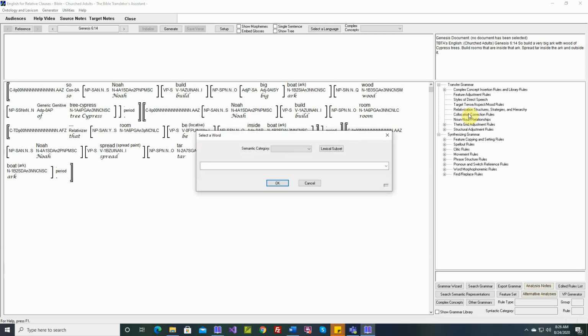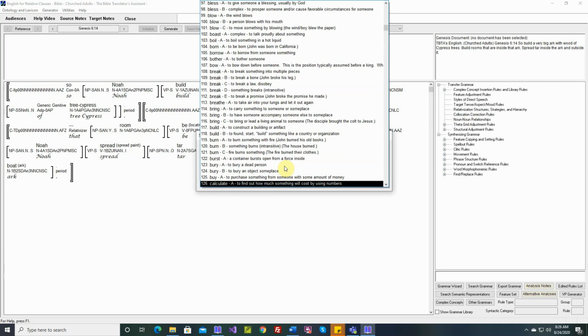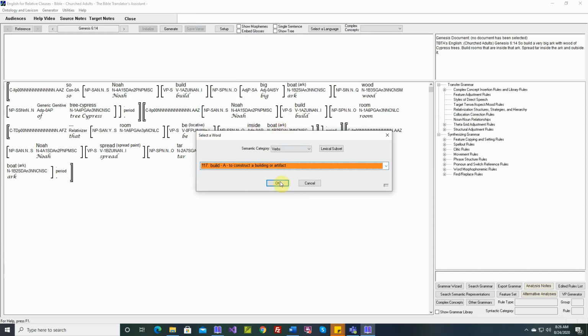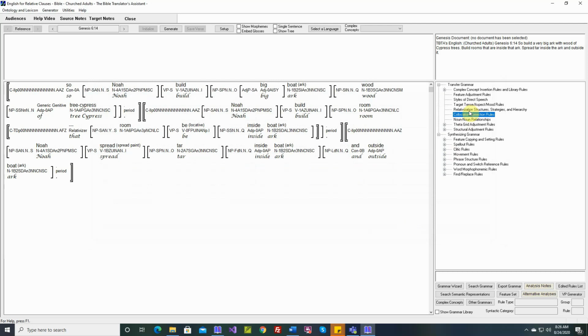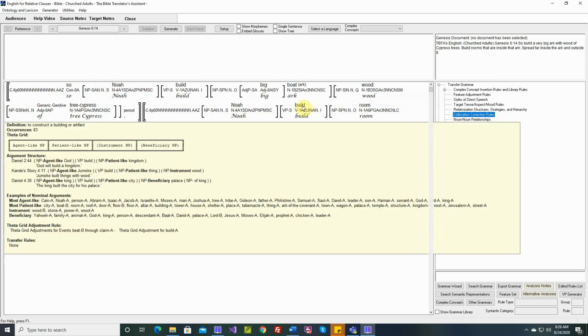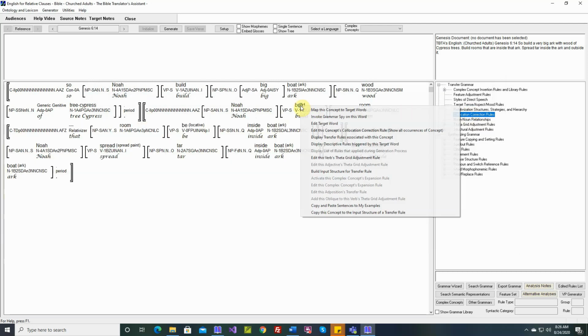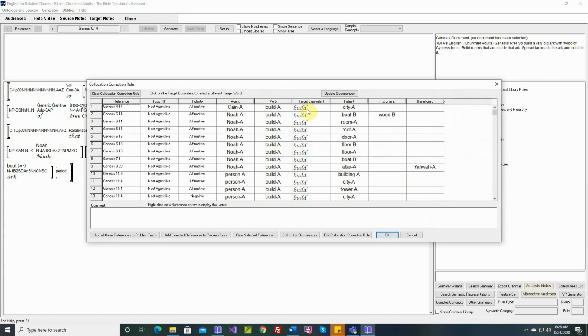And we can double click here and let's look at the rule for build. Select build. So here's the collocation correction rule for the word build. We can access these rules through here. But the normal way that we access these rules is to rest our cursor on a concept, for example, build, right-click, edit this concept's collocation correction rule, and show all occurrences of concept. If we select this option, here again is the collocation correction rule for build. And this is also an exhaustive list of all the places where we've used build in our source text and